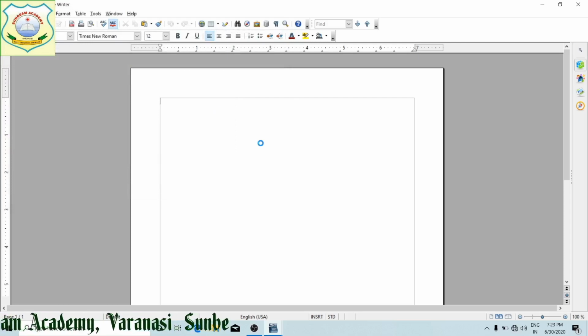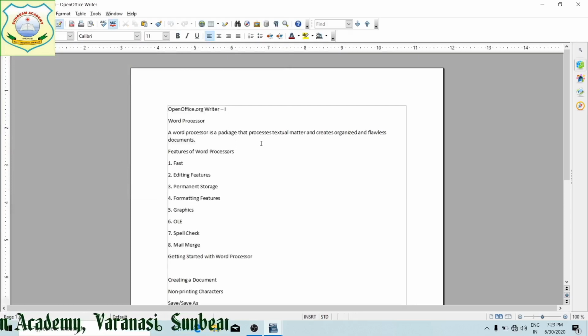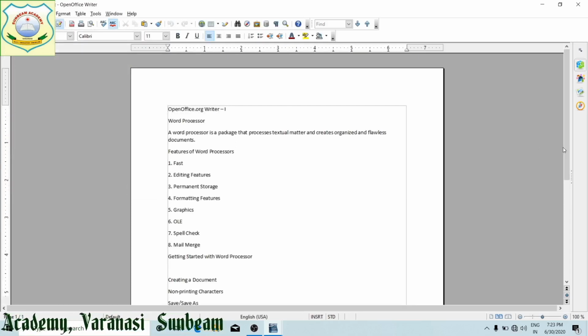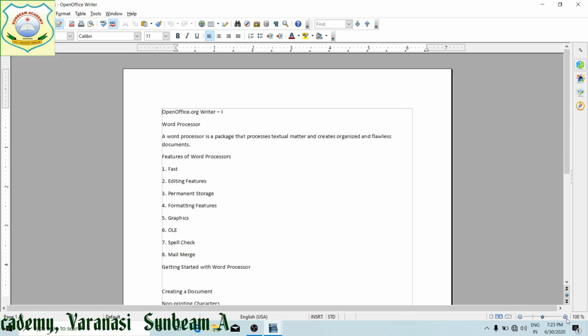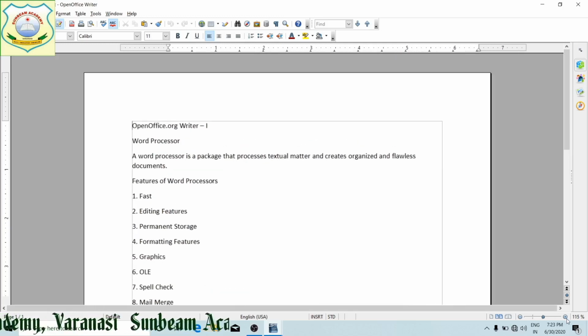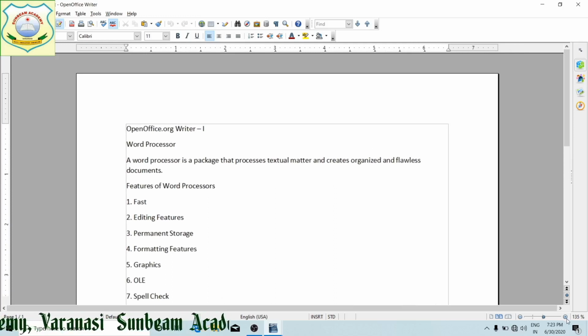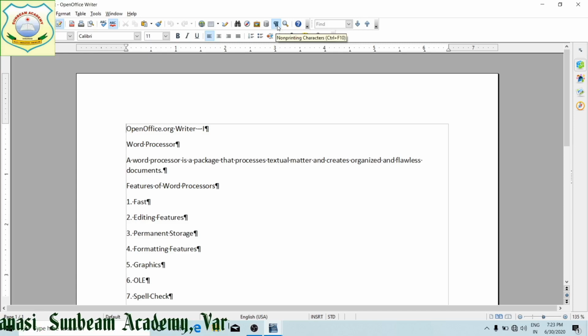This is the Office documents, Writer document. Now here you cannot see the non-printing characters, meaning space has been given but you are not able to see the non-printing characters. How are we going to see them? This is non-printing characters. When we click, we can see each and everything here.